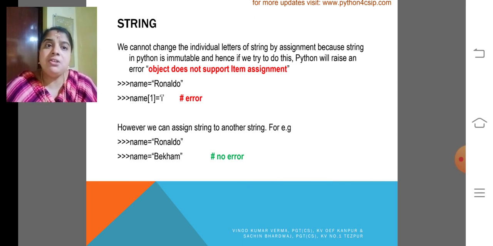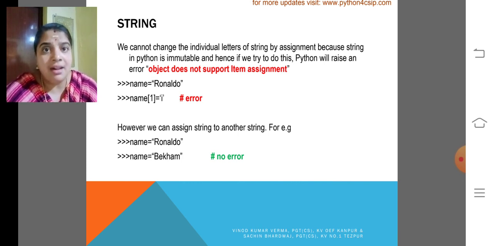However, if you want to change the string with another string, name is a variable that we are trying to change. Instead of Ronaldo, we are trying to change to Beckham. So what happens here? Again the error happens. Object does not support item assignment.